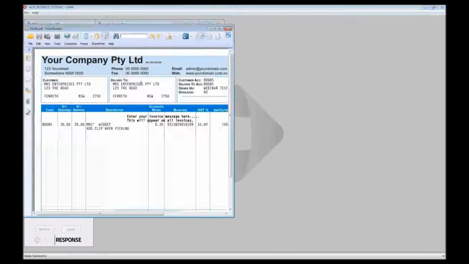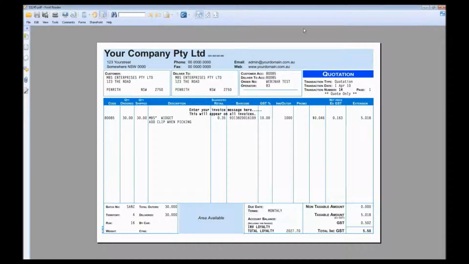So the same as a normal system. If you want to print out a head office copy and a normal copy, you can. A B2B can be put on these so that you can actually see these, like these can be emailed out to your customer directly. So what we'll see on here